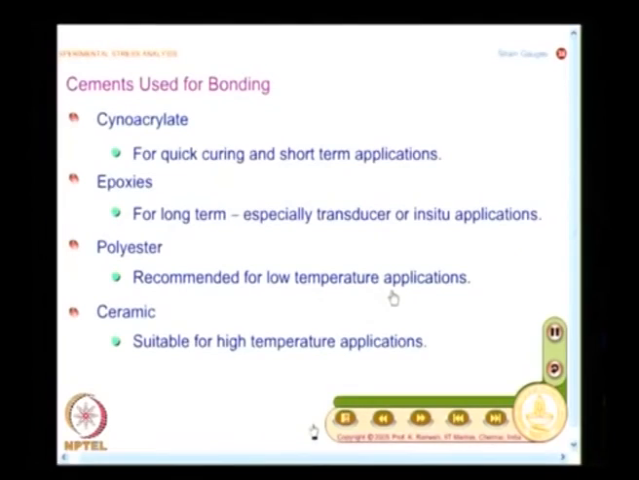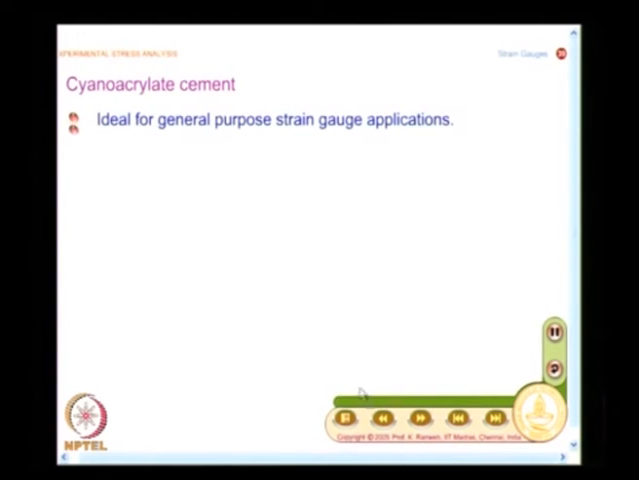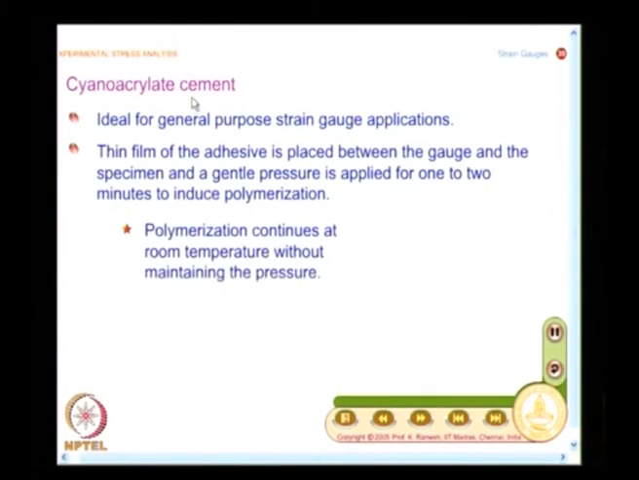And I said you also have very high temperature and you need to go for ceramic cements, which will also replace the backing, because the backing made of plastic or epoxy will all evaporate at that temperature. So, you need to have a ceramic backing, and we will see some of the details of these cements in the slides to follow. So, for general purpose strain gauge applications, you go for a cyanoacrylate cement,